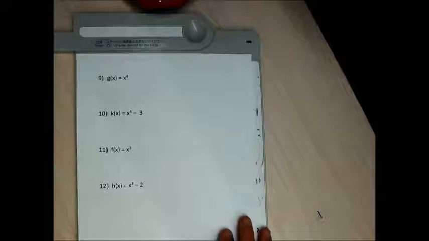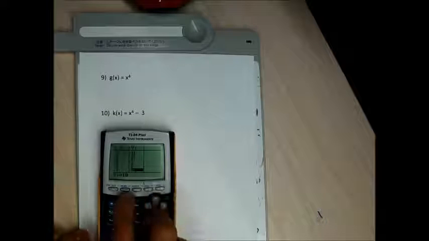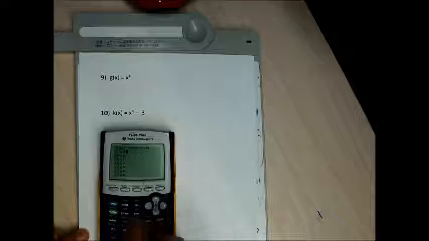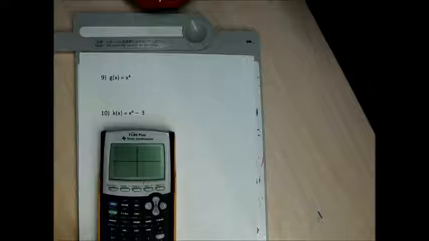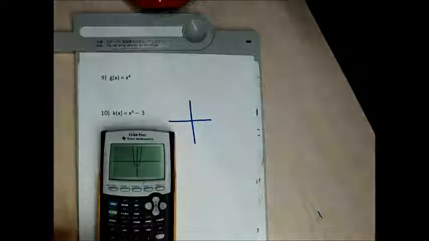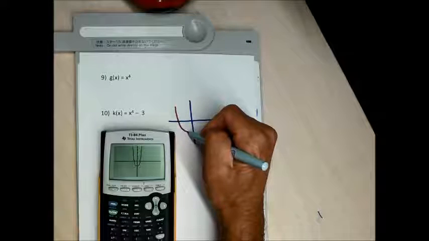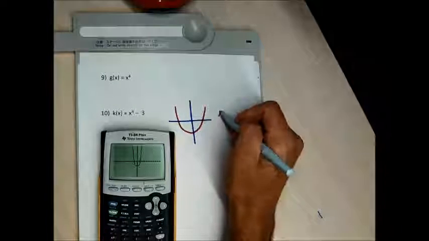So I'm going to give number 10 a go. I imagine this graph looks like a parabola. So when I go to do number 10, clear, y equals x up arrow 4 minus 3, hit my graph button. It's just a flatter parabola, if that even is a proper description. This is going to be clearly not 1 to 1,